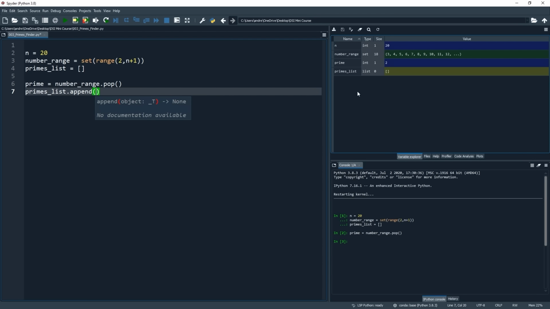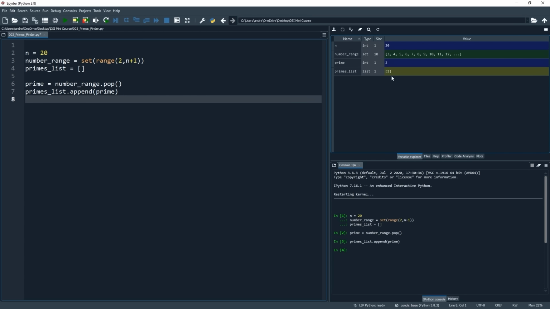Within the parentheses, we want to specify what it is we want to append, and in this case, it's the value prime. If we run this line of code here and take a look in the Variable Explorer, we can see this value has indeed been added to our primes list object. And each time we discover a prime, we will add this value into the list, meaning that at the end of the whole process, we'll be able to see all of our prime numbers.